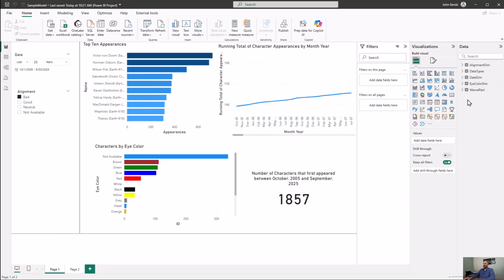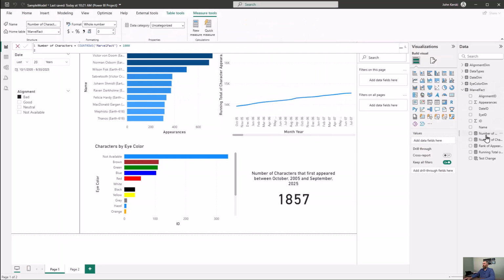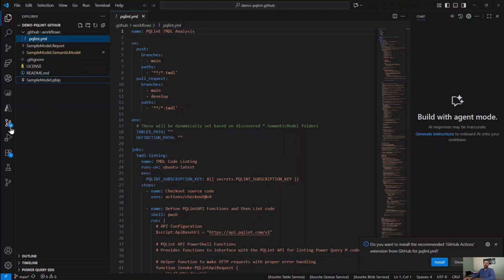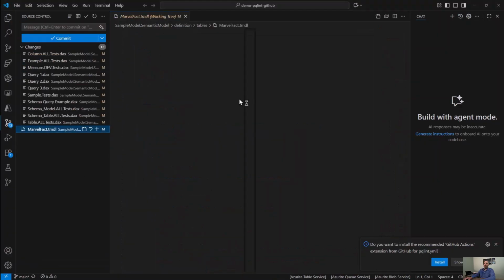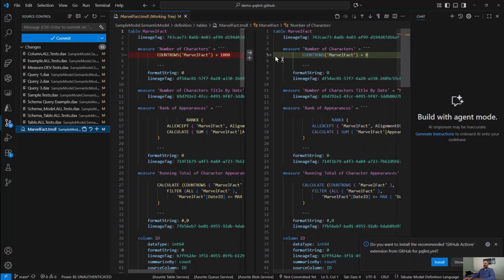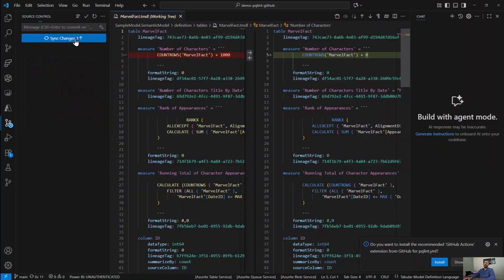So for just demonstration purposes, I'm just going to make a change to one of the measures here. So all I'm doing is updating that measure, which will change the TMDL in the Marvel fact table. And I hit save, go back to Visual Studio Code. You'll notice that the Marvel fact table now is indicating there is a change between the two measures. And then I am just going to commit that change, hit sync,